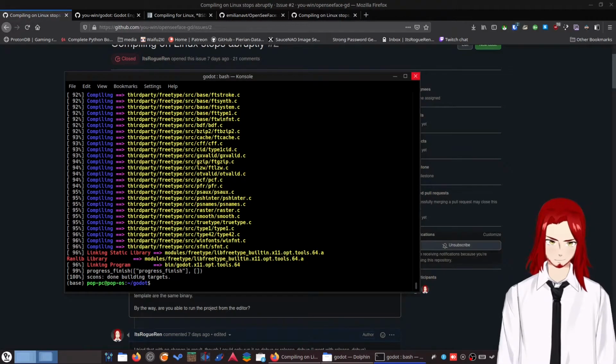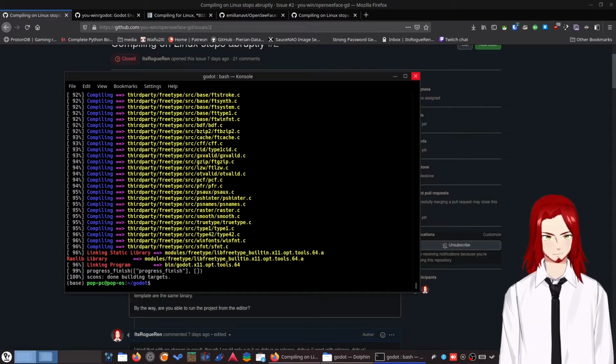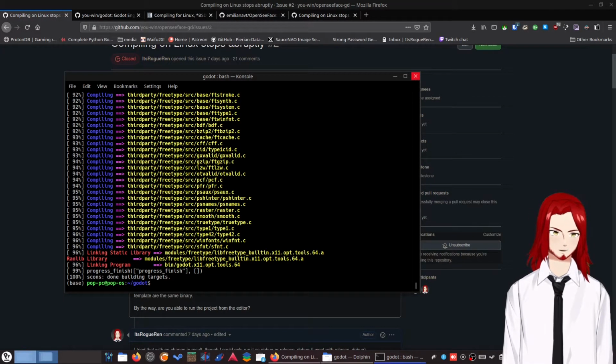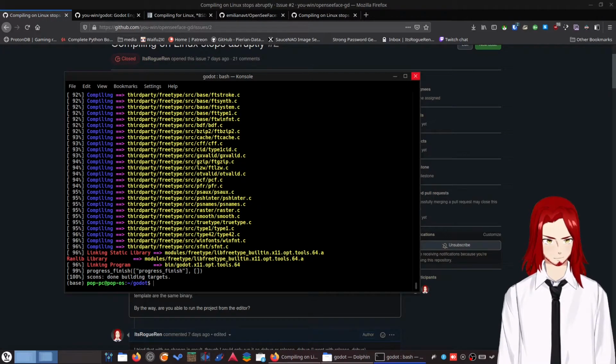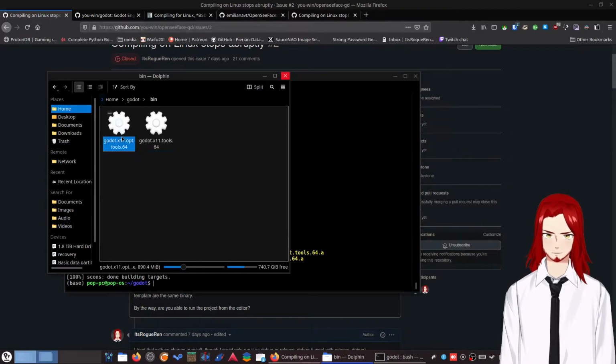Alright, so after an hour, I am not making this up, it has been an hour, I now have the compiled export profile. The one that said tools on it was the initial program. If I bring back over my bin folder, there's now one that says OPT. That is your export profile. Now that we have this compiled, we can open up